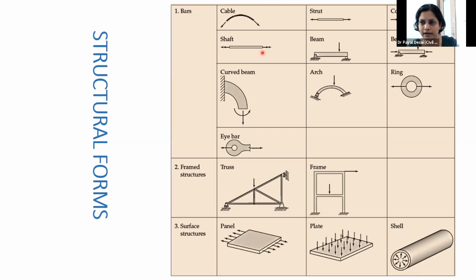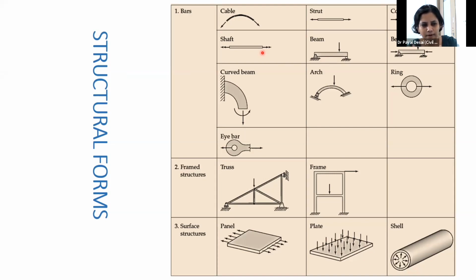Of course, there are beam columns, a combination of axial and transverse loading, that are subjected to bending. Then the curved version of the beam, the arch. Arches and curved beams are also supposed to take bending as well as axial loads. Being civil engineers, I'm sure you already know these categories of structures, but each of the structures is designed to carry the loads and to maintain the static equilibrium equations and the other factors.